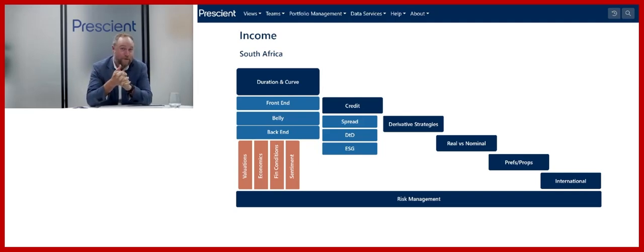Preference shares, mostly really the banks. If you think about the preference share market in South Africa, it has been dominated by the banks. They've been buying them back. So prefs fall outside of the ambit of Basel III. It's what we call old style capital, and banks are buying them back. So probably a dying asset class.